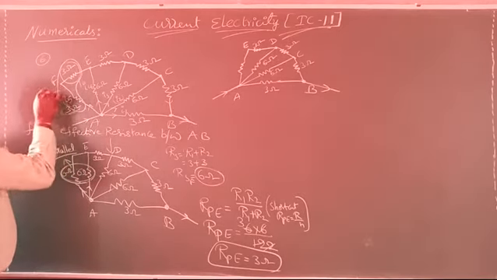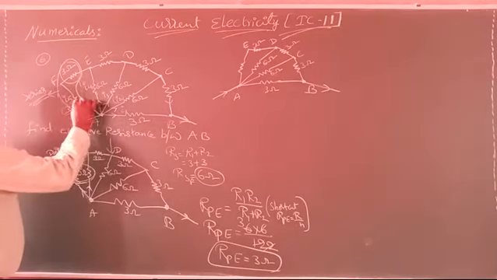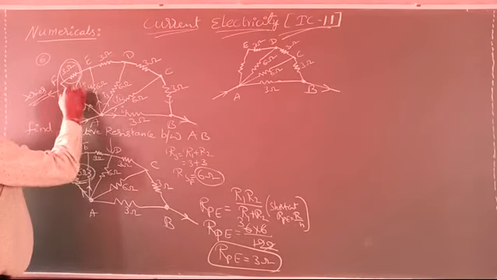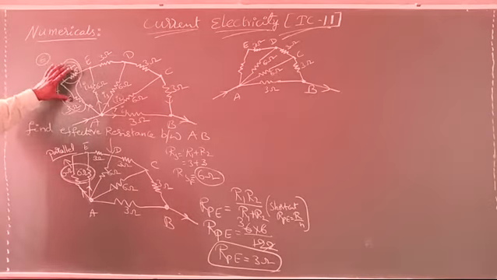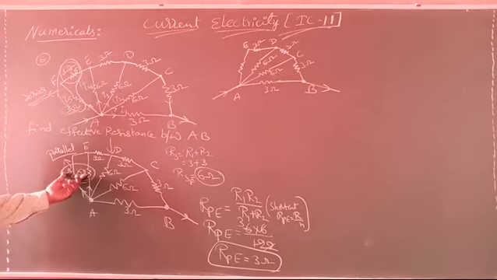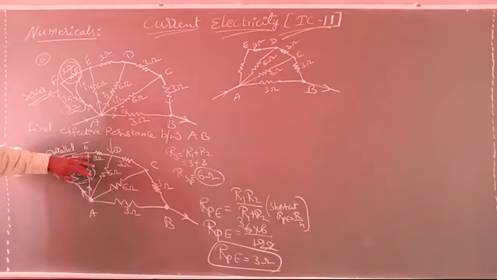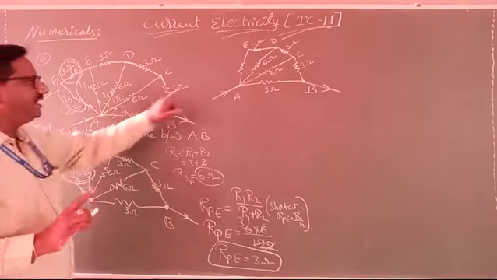These two are a series combination. Say yes or no? So these two are a series combination. Why? Because the current remains the same in these two. This I5 will flow as the same I5 through this one. So these two are series. Now these two are parallel. Do you understand clearly? Very simple. Here current must be constant, so series. Here current must vary, so parallel. Clear? Now this effective resistance will be treated as one between A and E, that is here.